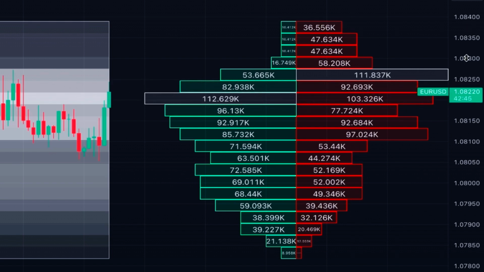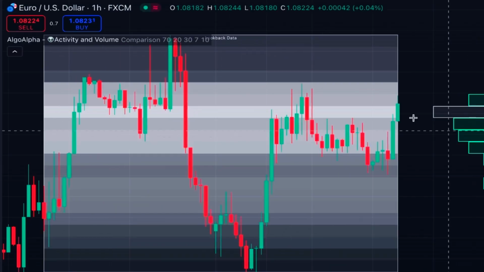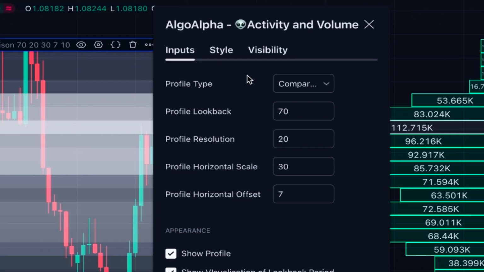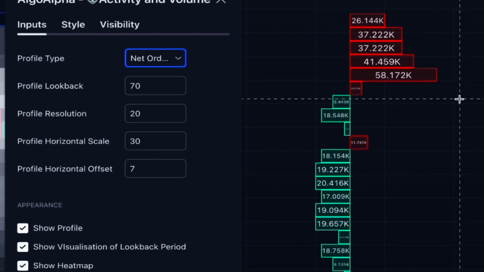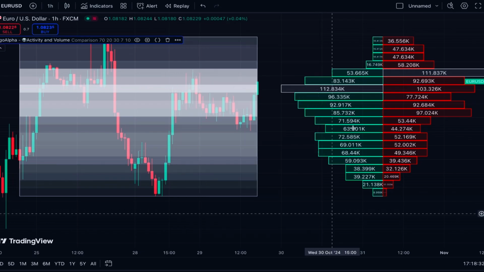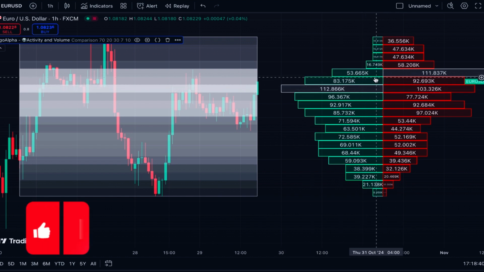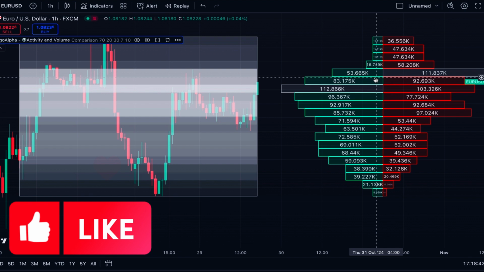So for each price range, we can see the total activity separated as buying and selling volume, and this gives us the ability to evaluate buying and selling volume separately for each price range. Now if we go to the settings of the indicator and we change the profile type to net order flow, here you can see that the indicator shows net total volume in each price range without showing buying or selling volume separately. Better to choose the comparison mode so you can effectively evaluate price ranges where there is a considerable difference between buying and selling volume, which makes those levels more significant and more likely to hold in the future,